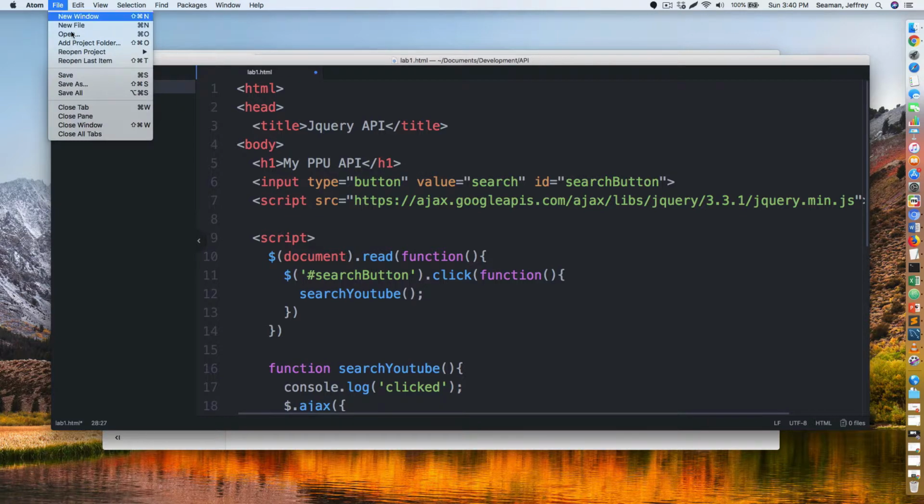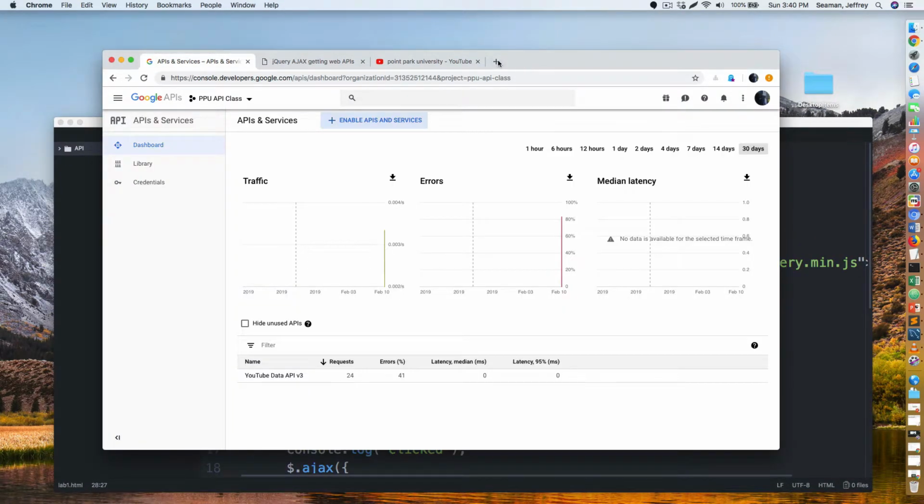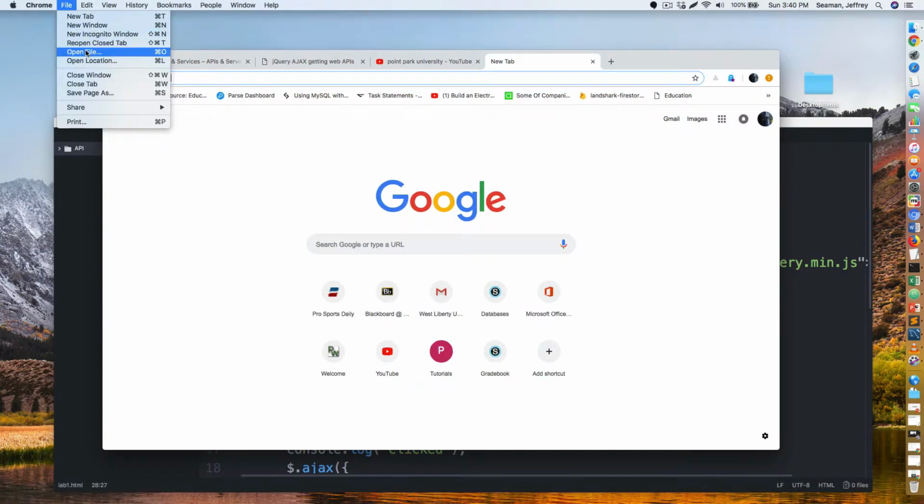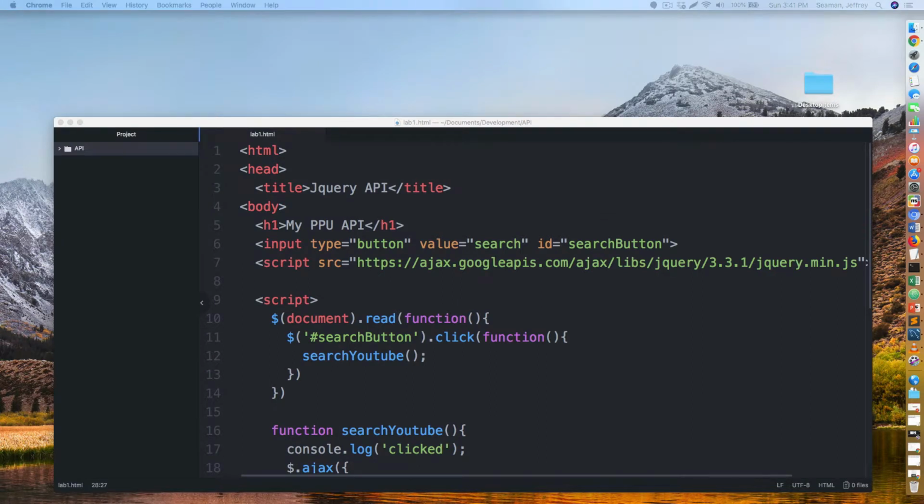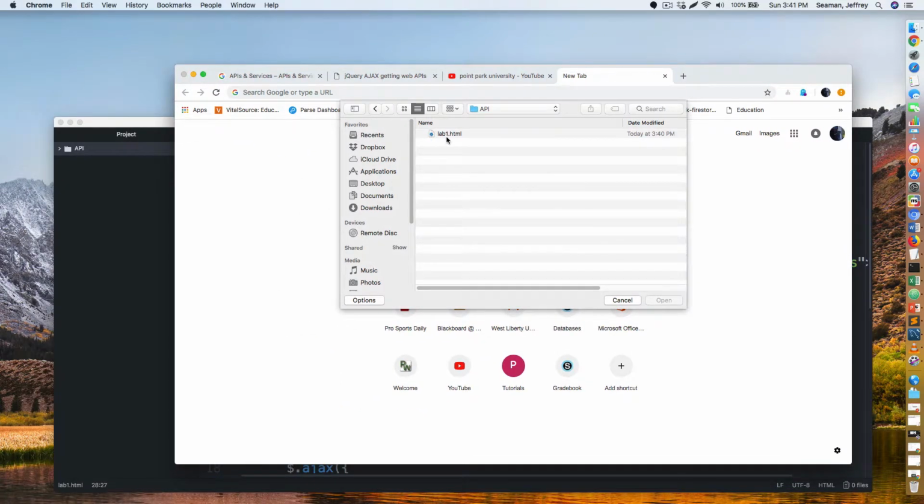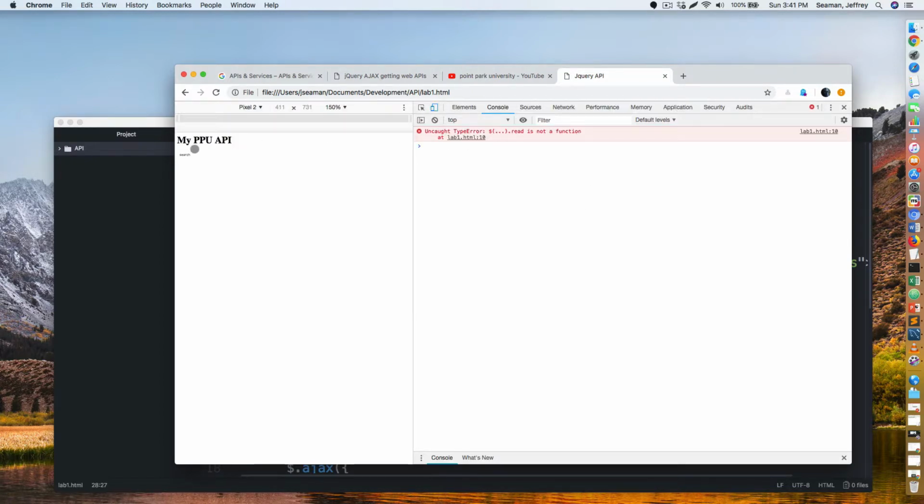All right, so I'm going to save that. And now what I'm going to do is make sure you did all that. I'm going to open up that file. All right, so here's API Lab 1. All right, so it looks like it does nothing, which is fine. So what you want to do is make sure you're in your developer mode. You can hit F12, and then you want to make sure